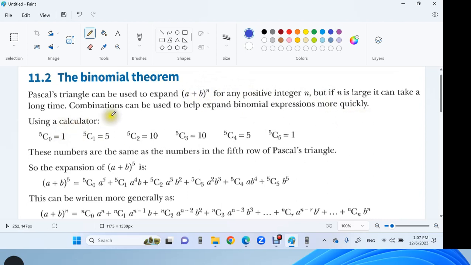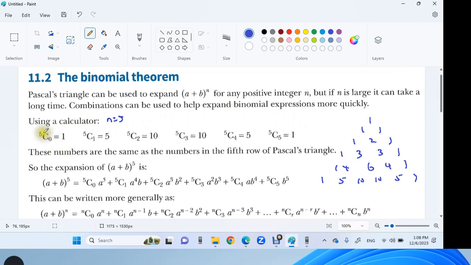But for this one, where n equals 5, I can do 1; 1, 1; 1, 2, 1; 1, 3, 3, 1; 1, 4, 6, 4, 1; and 1, 5, 10, 10, 5, 1. I think this is still easier compared to using the binomial theorem. But in case we have a very large value, like 10, 11, 20, something like that,